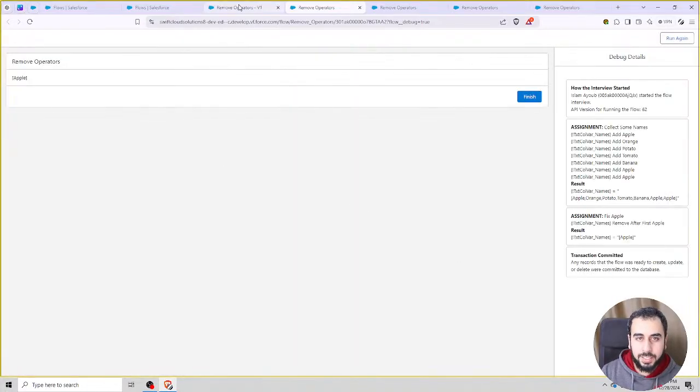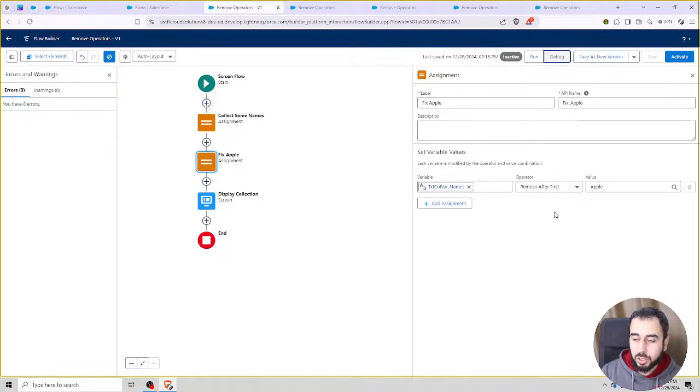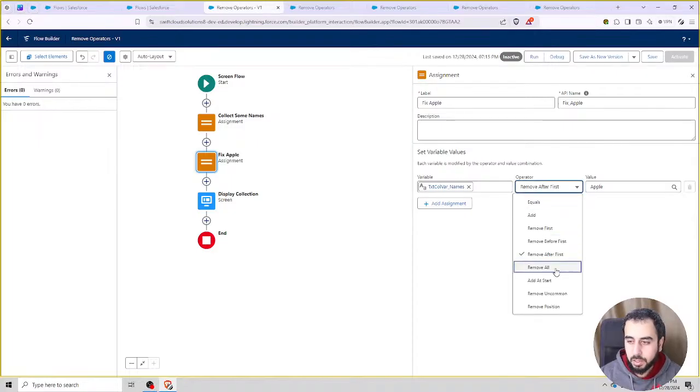Oh, that's not the case. Looks like it finds the first Apple value and then removes everything after that. Finds the first value and then removes everything after that. That's like the exact opposite of what I was thinking. Remove after first. Okay, and then we looked at remove all,